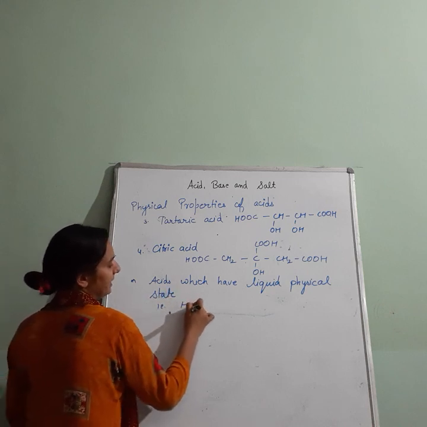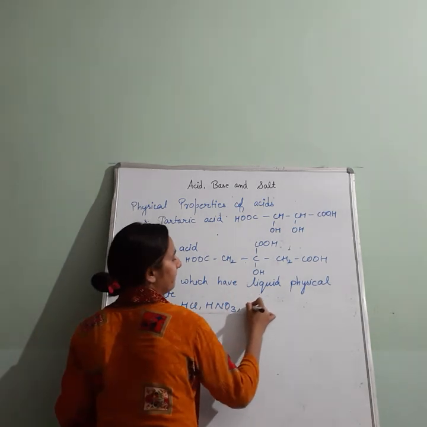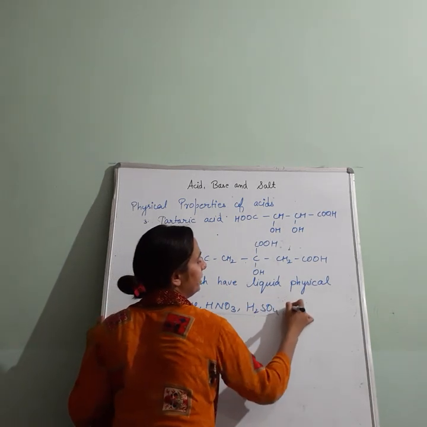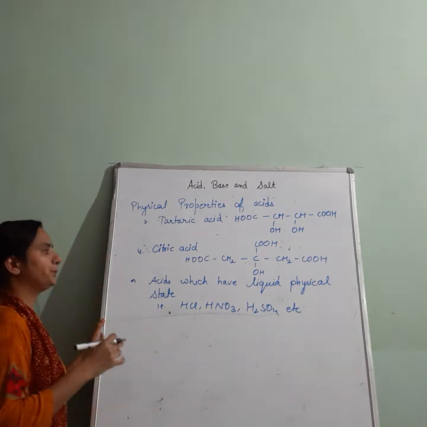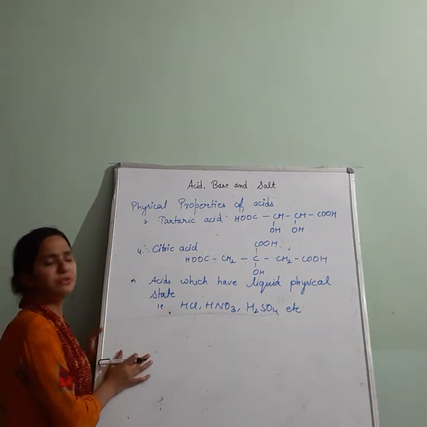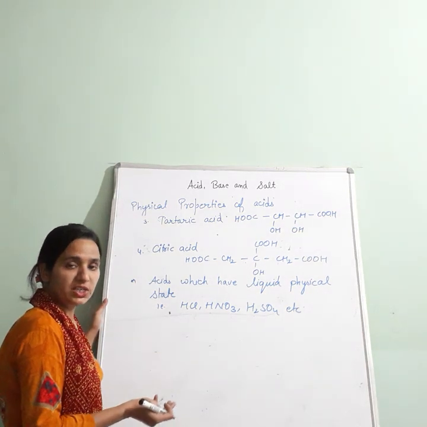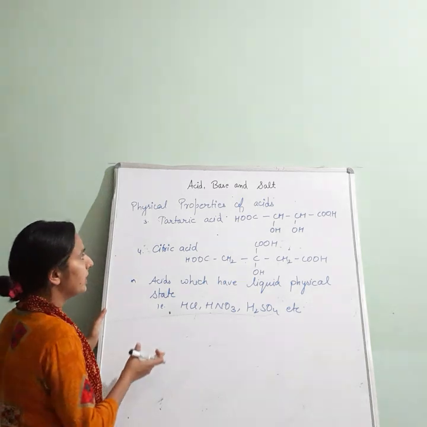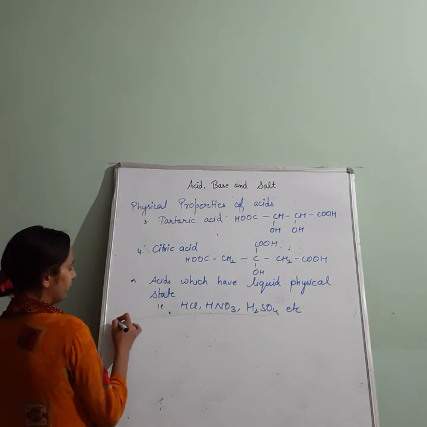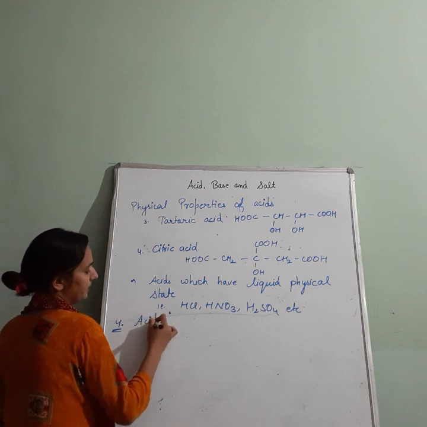That is HCl, HNO3, H2SO4, etc. So, this one is the third physical property of acids. First one is nature, second one is taste, third one is physical state, and the fourth physical property of acids is that